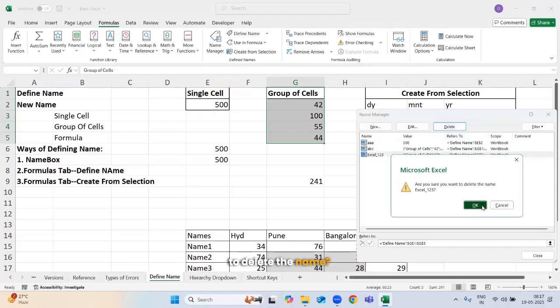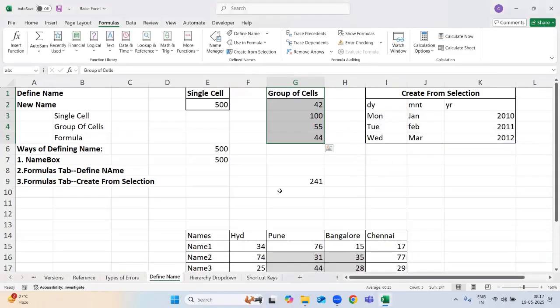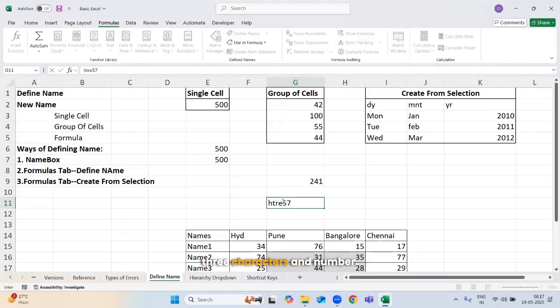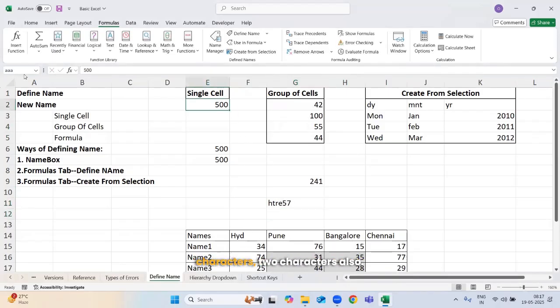Are you sure you want to delete the name? Yes. Clear? I told you to give alphanumeric, but if you are giving alphanumeric, better give more than 3 characters and number. If it is only text, you can give 3 characters, 2 characters also. But if it is alphanumeric, give more than 3 characters, because suppose if I give HYD5,